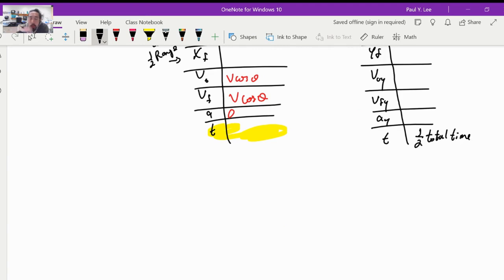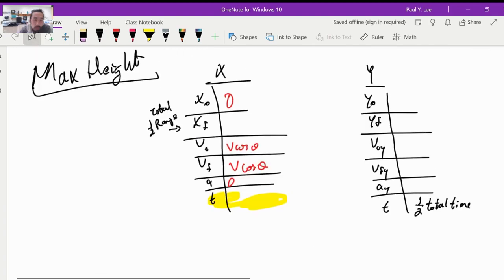So for example, if your total time of travel took 20 seconds, at the max height we will find everything in terms of 10 seconds because that's half of the total time. And the rest of the table would almost be identical. Let me show you the big changes. Our initial y position is still 0. Our y final is what you're looking for. That's your max height. Our v initial is still v sine theta, but this is the big point right here,